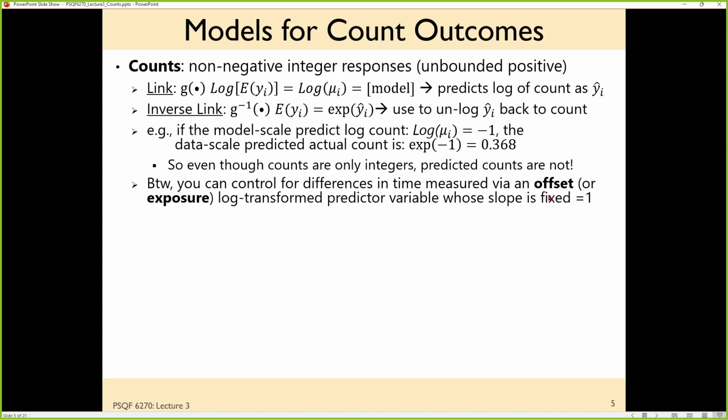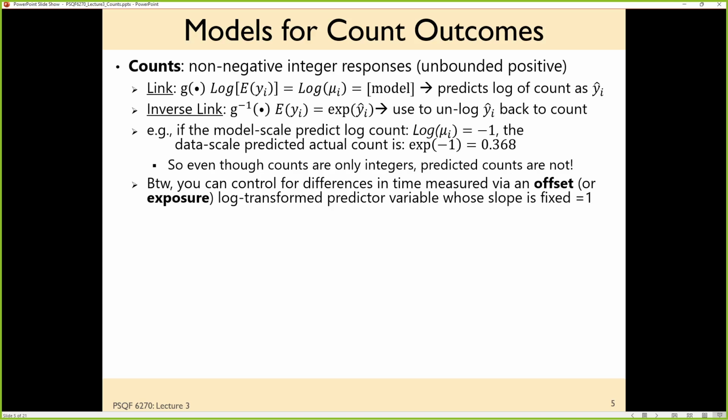And there was a question, I think Vladimir, you asked about this last week, an offset. An offset, more generally, is any time that you add a predictor to the model but you don't estimate a slope for it. You force it to be a constant that you specify. There was an example in your textbook of doing an offset to test a null hypothesis other than 0.